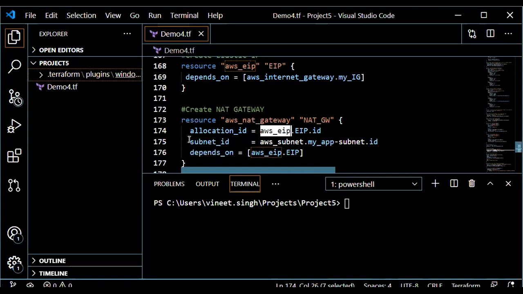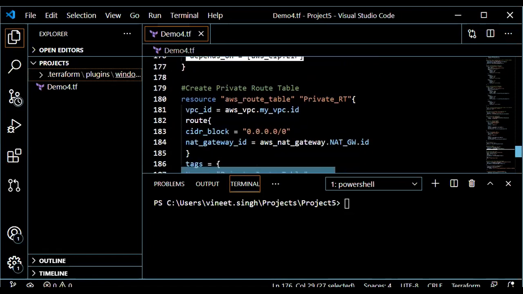And then the subnet ID. I want to associate this with my app subnet, which is my public subnet. So aws_subnet, this is the type, this is the name of my specific subnet, and then .id. And I'm going to create this based on whether the elastic IP is already requested. That's why I've used depends_on EIP.